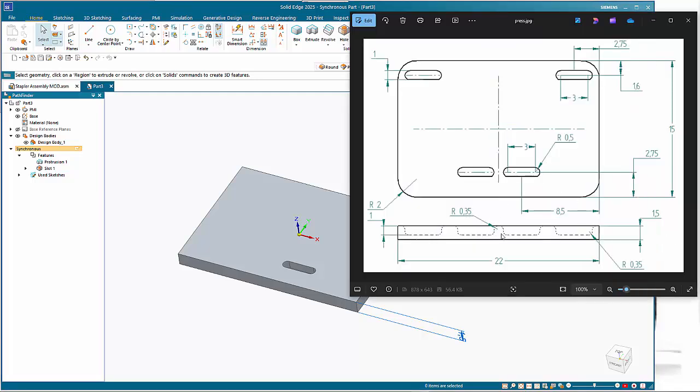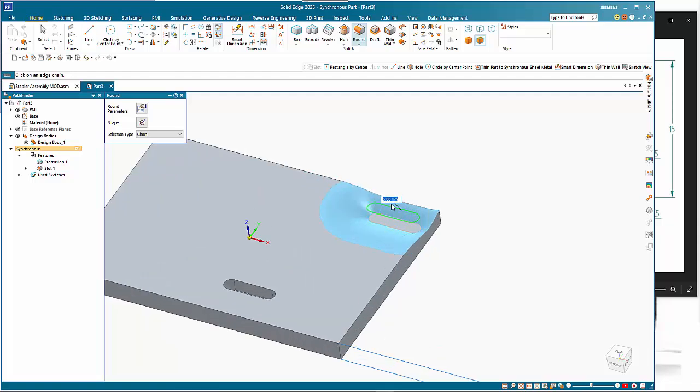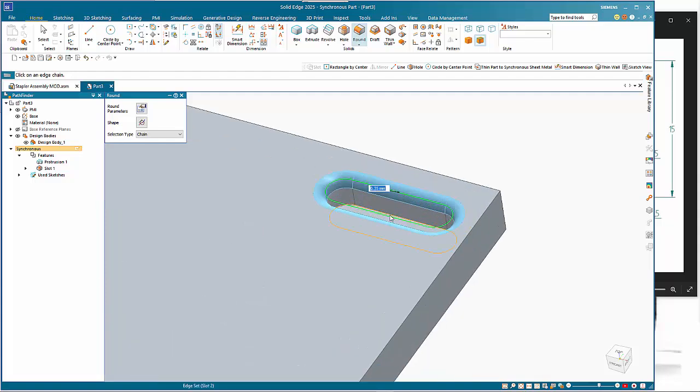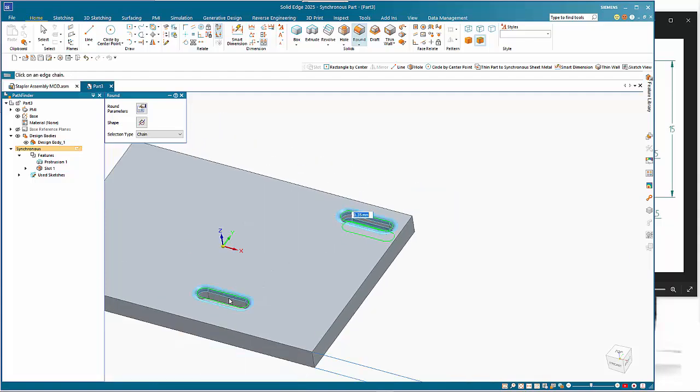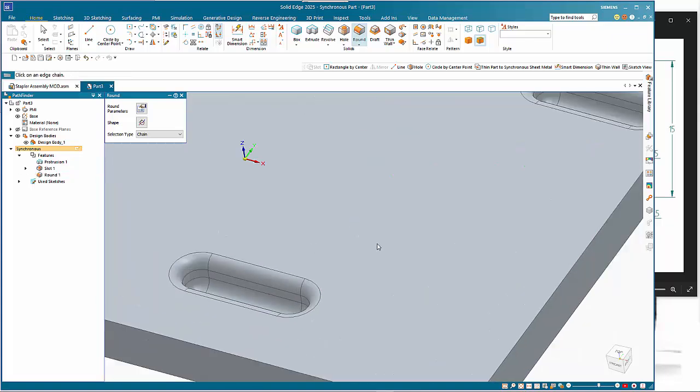0.35 rad on the top and bottom corners. So if we go to the round command, I've got it set to chain, so it should pick up off that immediately. So 0.35, get the bottom edge as well, and I can do this one at the same time. Right mouse click to finish,